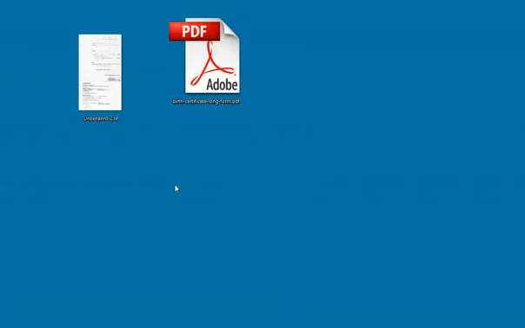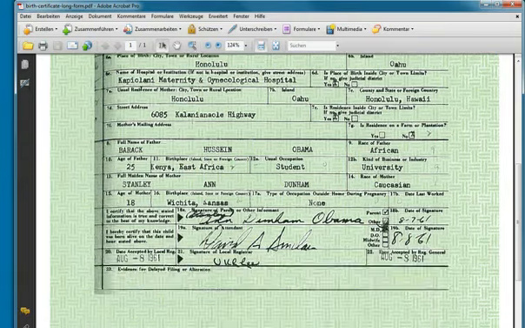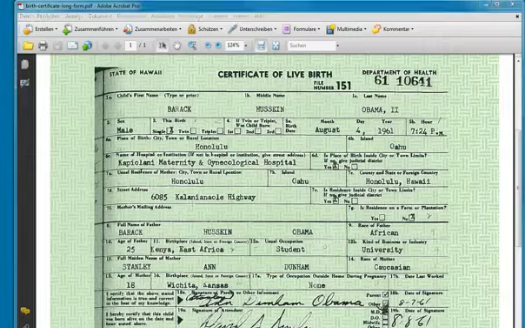I'm going to give some commentary on the so-called tampered Obama birth certificate. You can download this PDF from the White House site, and when you open it in Illustrator, as you probably know by now, you see these layers. So here's a PDF, and if you look at it in Illustrator,